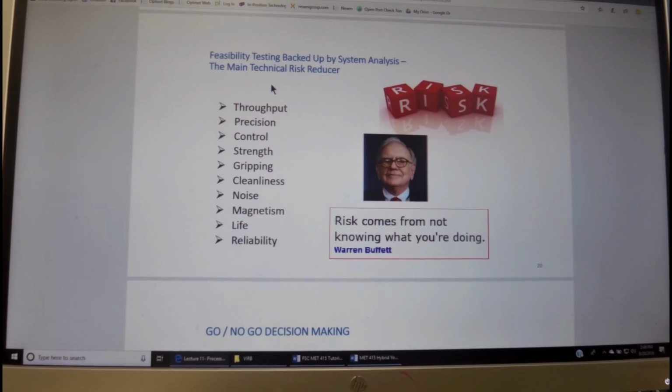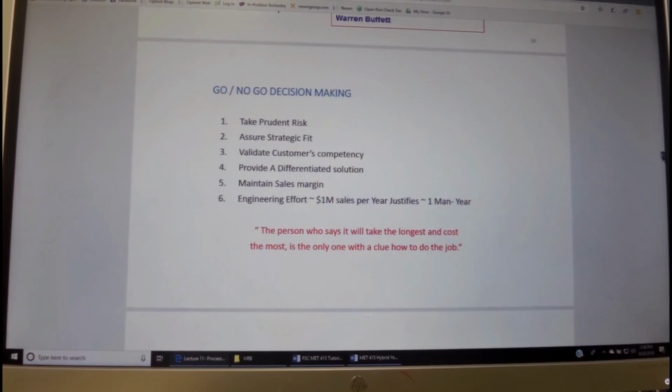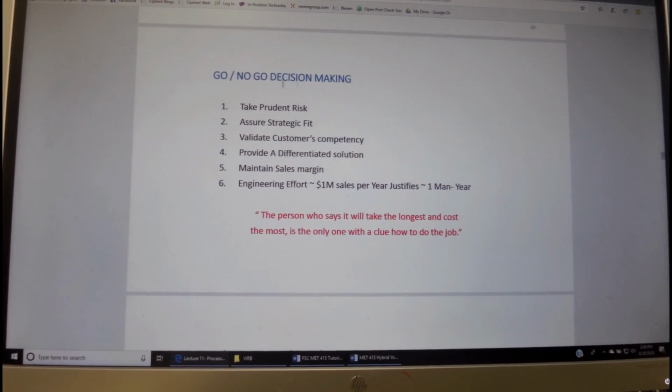In order to mitigate that, we should be doing system analysis and feasibility testing. One backs up the other, including throughput, precision, control strength, gripping, cleanliness, noise, magnetism effect, life and reliability. Testing and analysis will help us mitigate the risk. The go, no-go decision